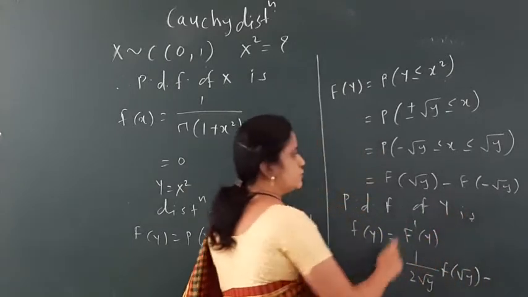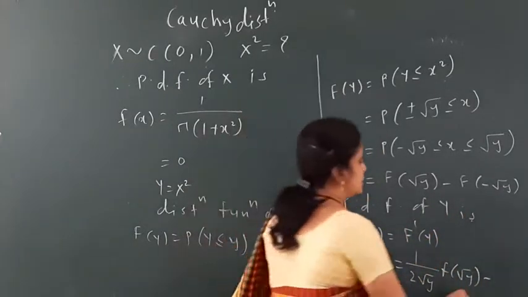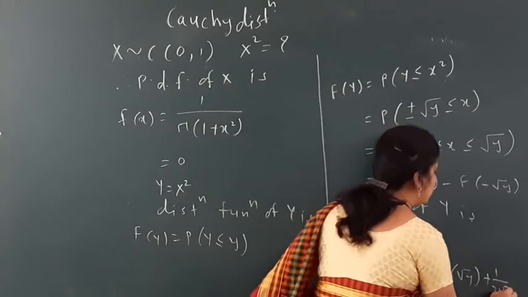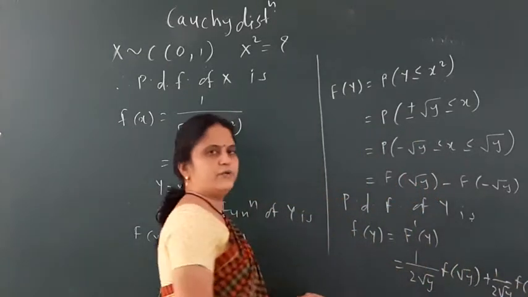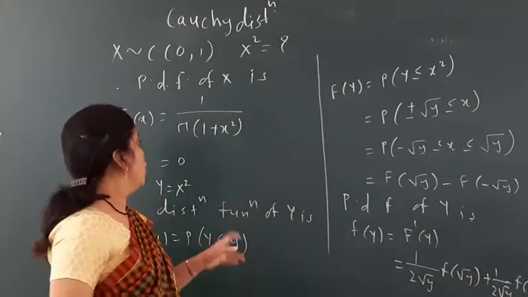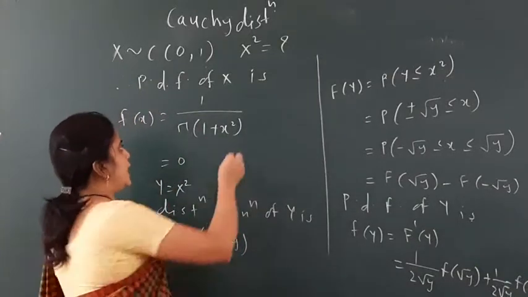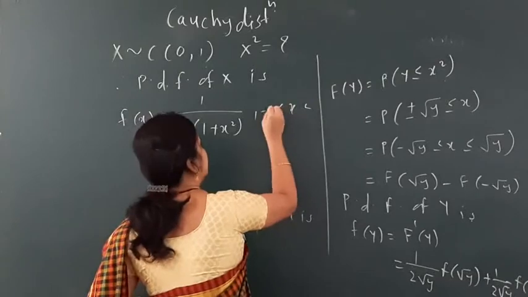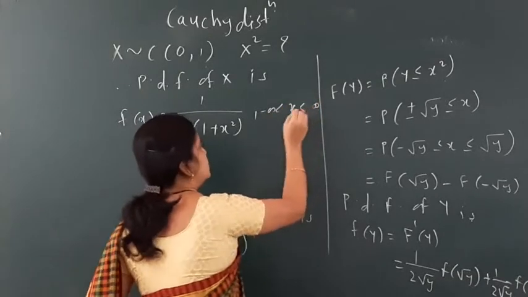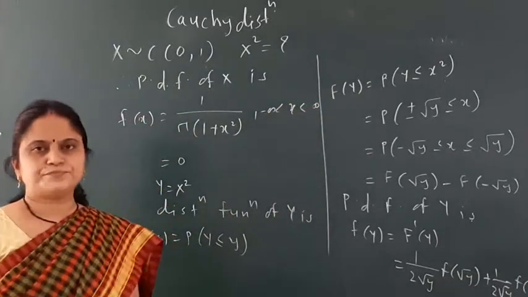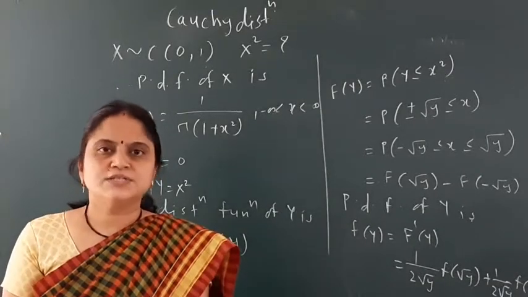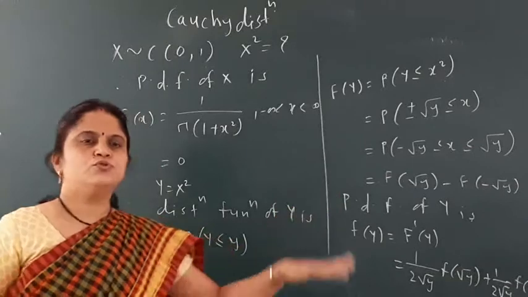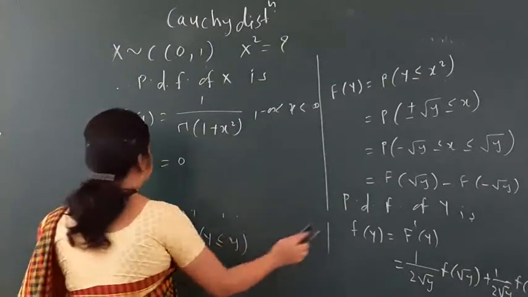Okay, and the derivative of this is, since minus minus, it comes as plus 1 divided by 2 root y, f of minus root y. So this is my required function of PDF. But see, over here my function has range minus infinity to infinity, isn't it? So that means we can have a symmetric distribution. Okay, so since it is symmetric distribution, I need to go through next steps.